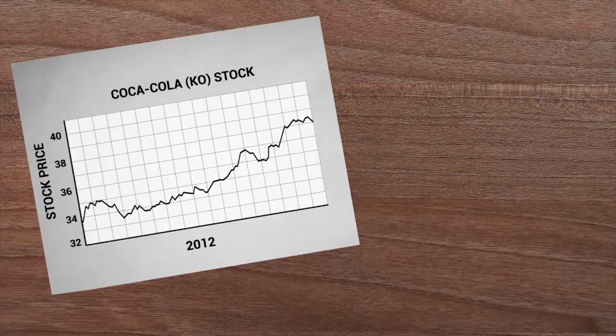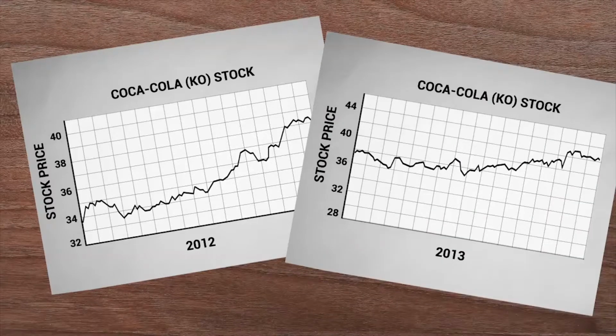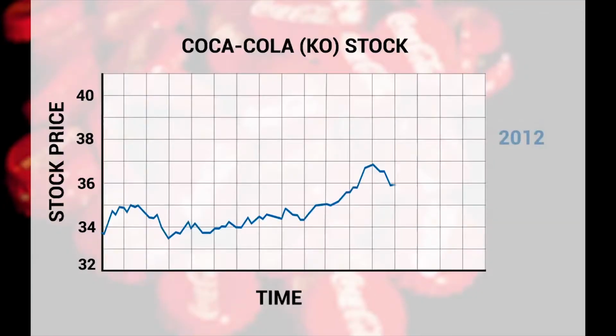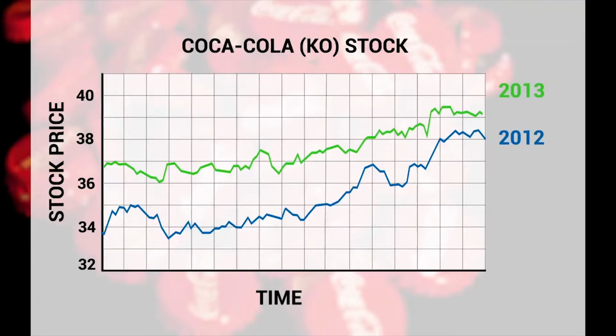So here's the 50-day average for Coca-Cola stock, KO, in 2012. And if we move forward a year and change, well, here's a 50-day average right there. Looks a little bit different. And the 50 data input elements from its closing price each day vary. So the average of those data points will move.